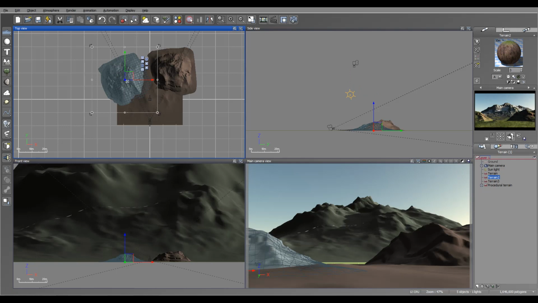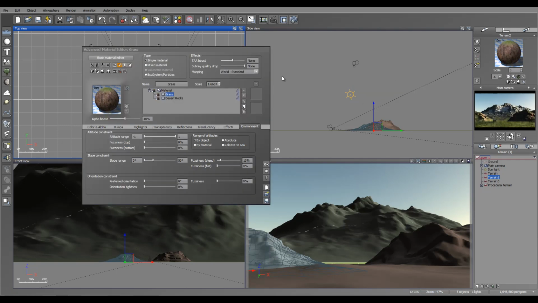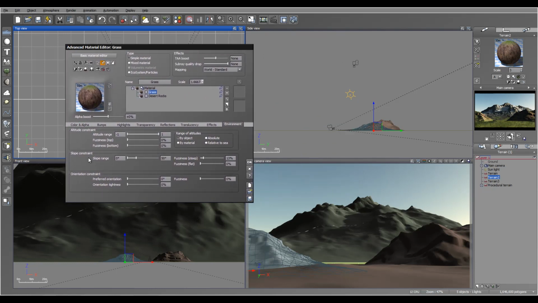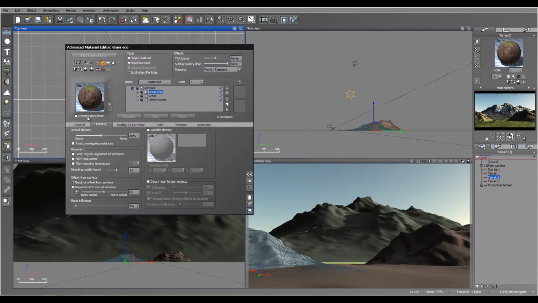and I will start putting the ecosystem on the first, our left mountain, and let's see what we have. So we go ahead and add ecosystem,